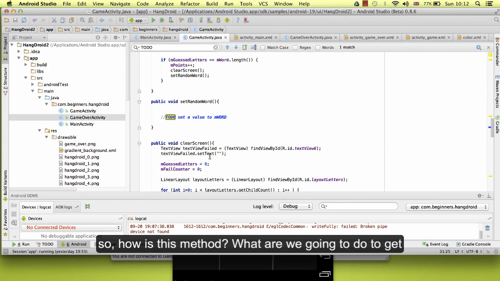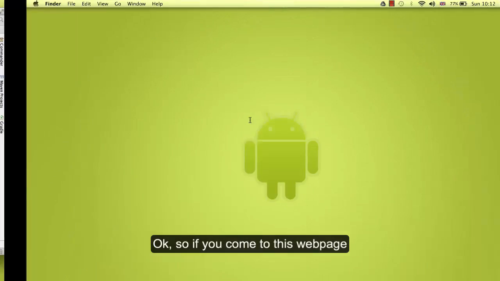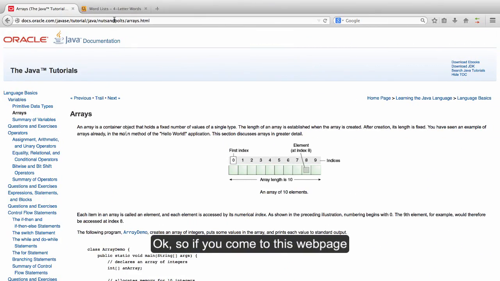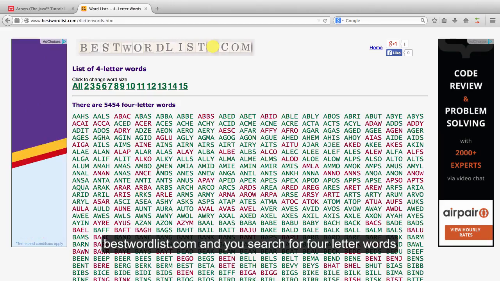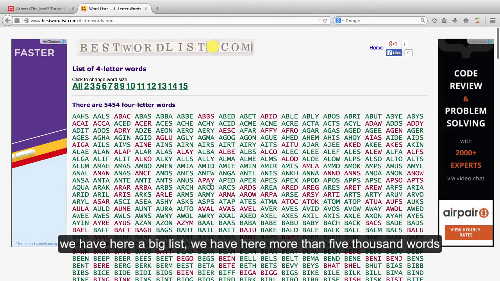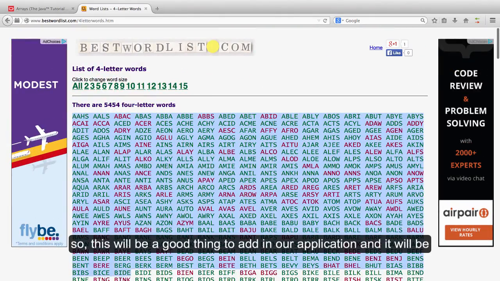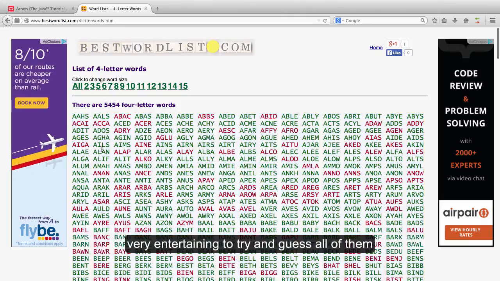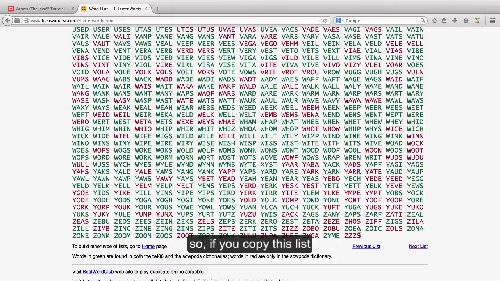So how is this method? How are we going to get a list of words? Okay, so if you come to this web page, bestwordlist.com, and you search for 4-letter words, we have here a big list. We have here more than 5,000 words. So this will be a good thing to add in your application, and it will be very entertaining to try to guess all of them. So if you copy this list,